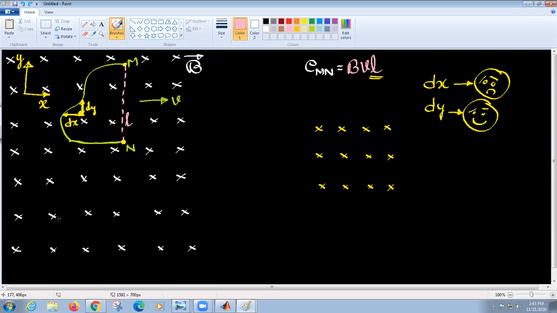For example, what I'll take now is one more figure. Say you are now like this. See, this point is M, this point is N. Let me take the displacement quantity, say this is L. Now you're just moving like this. Though it's a random shape, the angle made is theta. Now what do you think is the induced EMF?